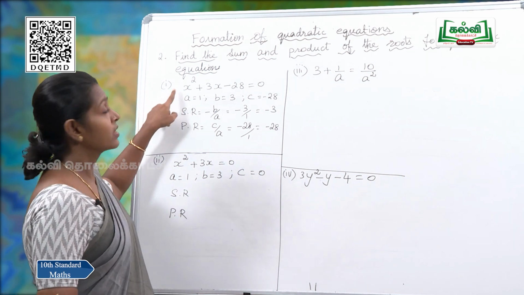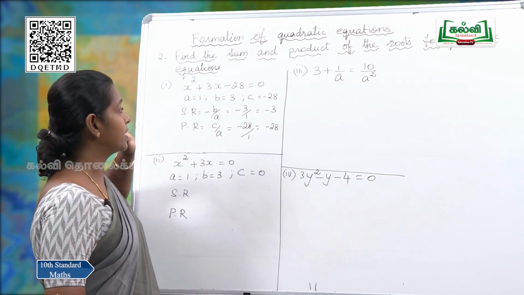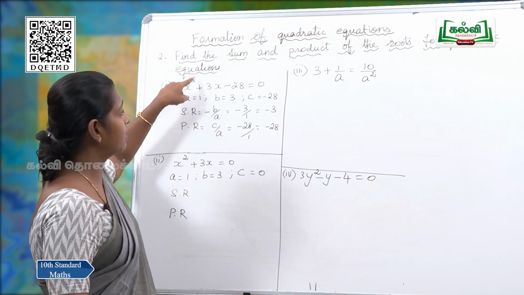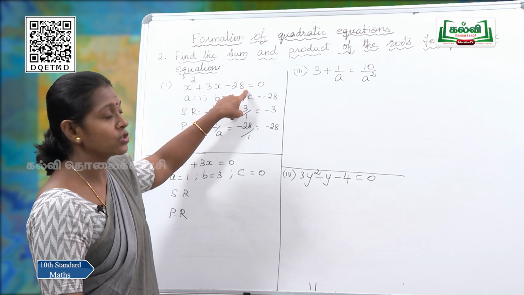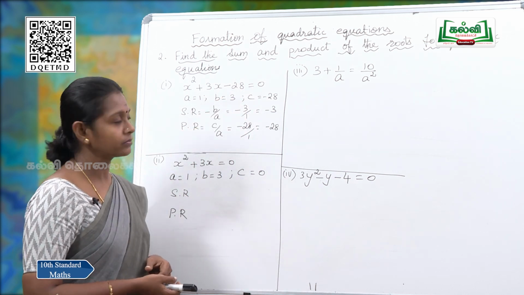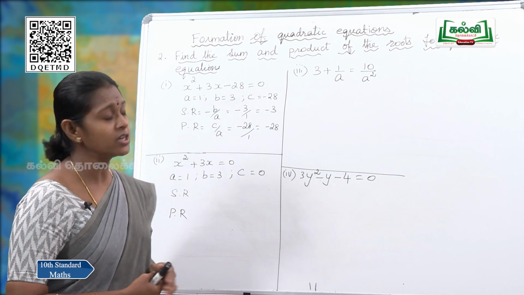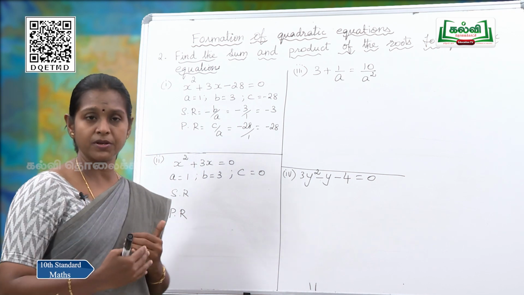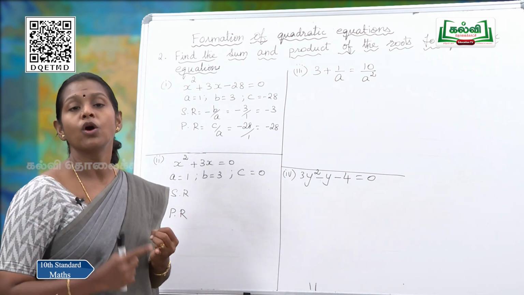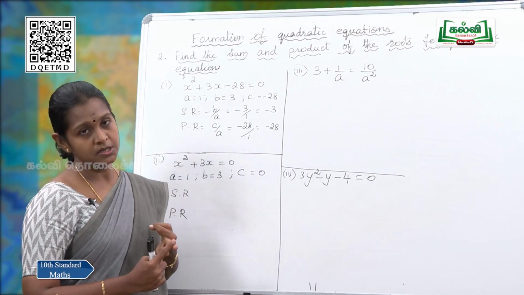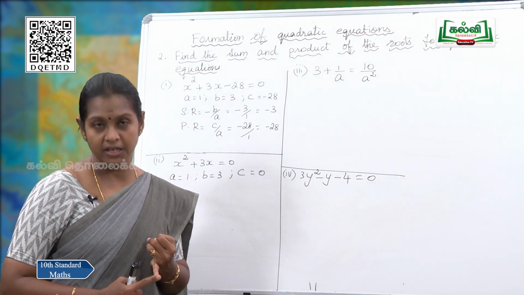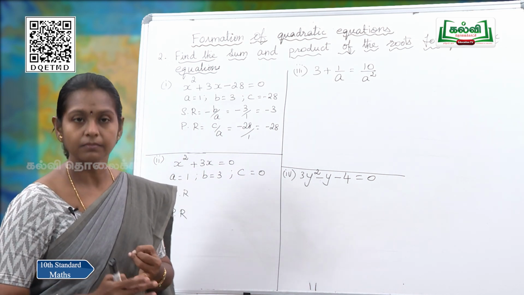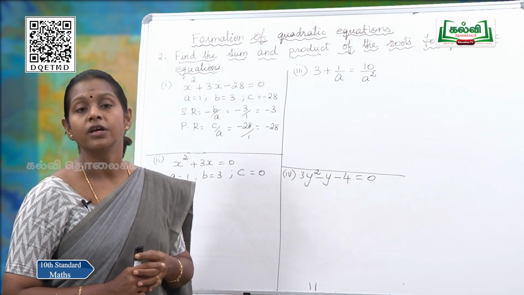Take the first question, x squared plus 3x minus 28. It is in the form of a quadratic equation. That means first x squared, then x, and then no x, that means x to the power 0. First you have to check the question. Before you go to solve the question, you have to check whether it is in the order. Okay, right, it is in the order. Now, the next step is, from the equation you have to find what A is, what B is and what C is. What is A? Yes, right, the coefficient of x squared. And what is B? The coefficient of x, good. And what is C?